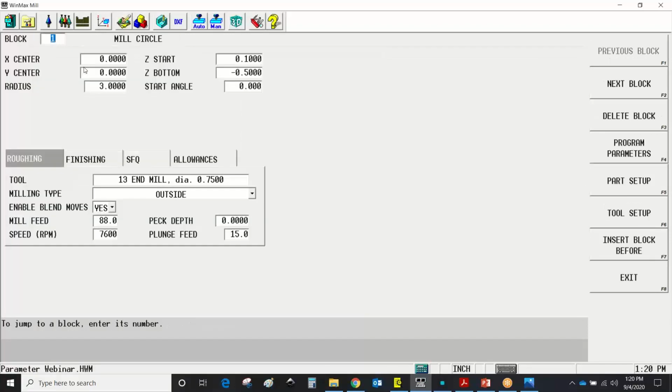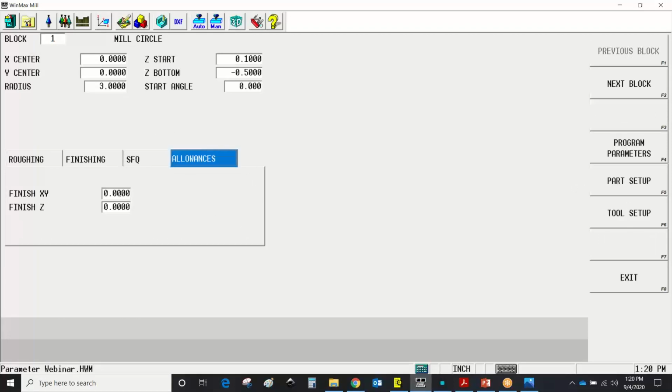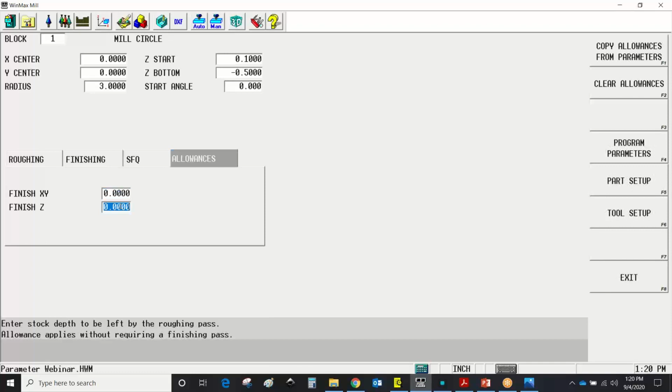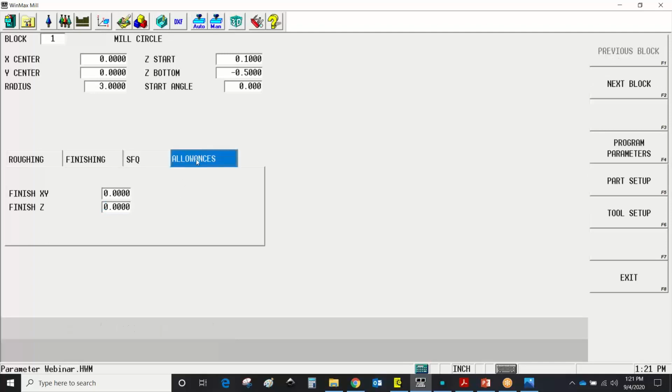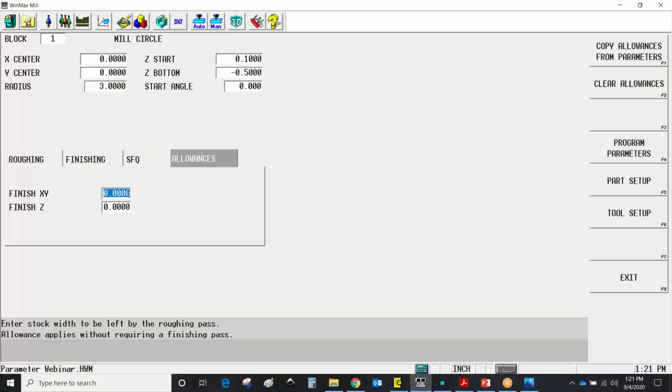And if I go to the machining block, I see I now have an allowances tab where I have finish X and Y and Z, and this is only for this block. So this got us away from the global setting for everything, because there are times when I need to leave more or less because of chatter or whatever the case may be, and those global parameters were a little bit problematic. I had to insert change parameters blocks and things like that. So here, by turning that to data blocks, I've now opened this allowances tab, and I can control these values